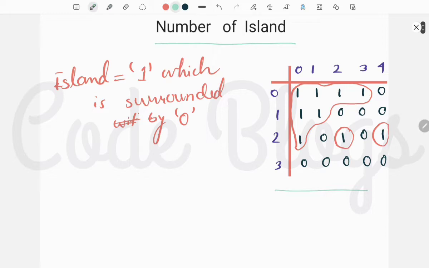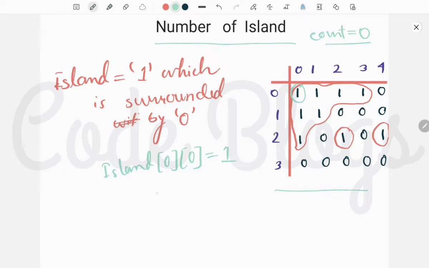So the logic is, we are given one adjacency matrix, so we have to access the adjacency matrix. That means we have to start finding in the adjacency matrix: we have to find 1. After finding 1, here the first 1 is at 0 0, this is an island. So after finding 1, we have to declare another variable, count equal to 0,